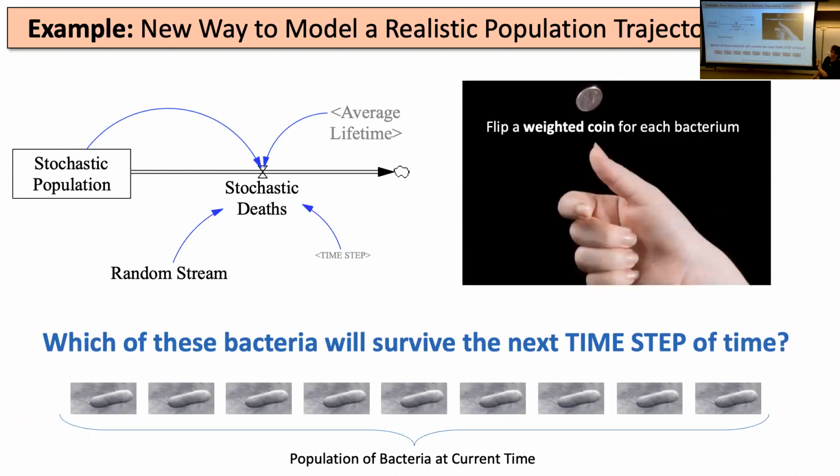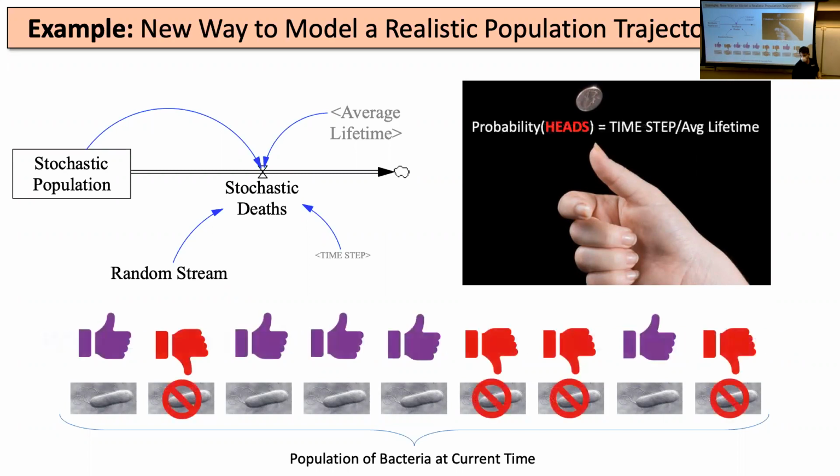And so imagine I flipped a coin for each one. This is kind of like a gladiator sort of thing. Like, it's a thumbs up, thumbs down sort of idea here. And so we give a thumbs up or thumbs down to each one of these bacteria based on the general probability that any bacteria will die. And if we did that correctly, then we're going to see that so many of these bacteria survive and a certain fraction of them die off. And we're just going to subtract from the population the number that die.